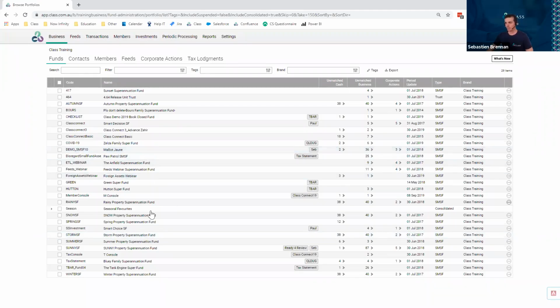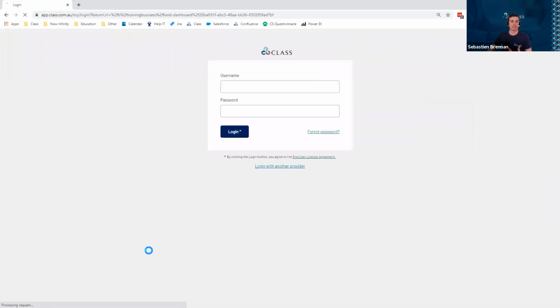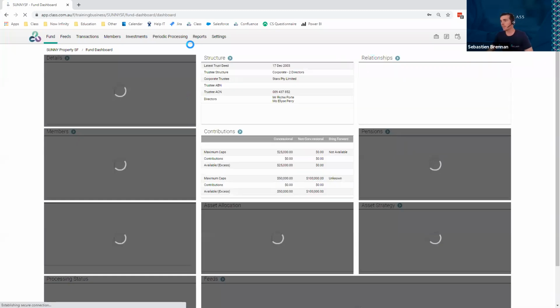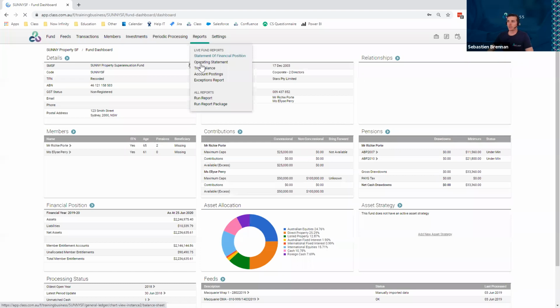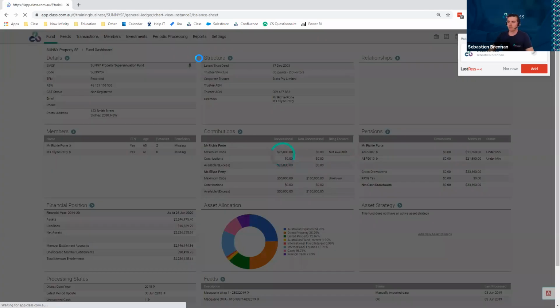So looking at my fund here, the period update is what you do at year end. Apologies, just been logged out. So yes, the period update is what you do at year end once your fund has been finalised. Once you've done that, you can go to the live reports, and these are the ones that show up here. With that, what you want to be doing is looking at, say, your statement of financial position